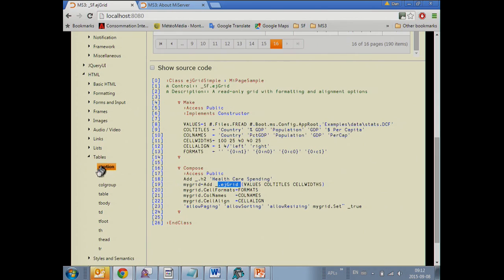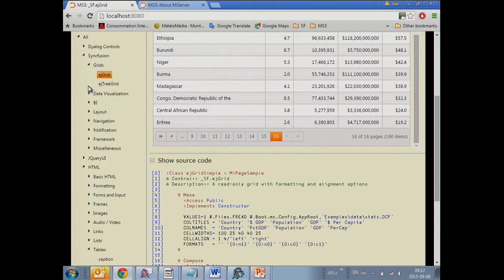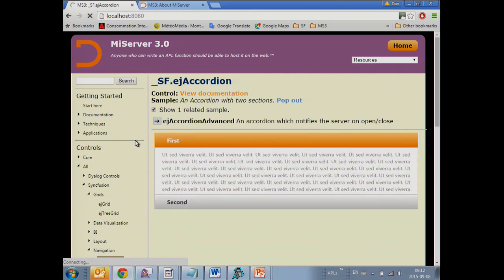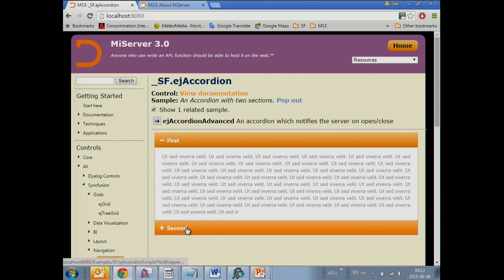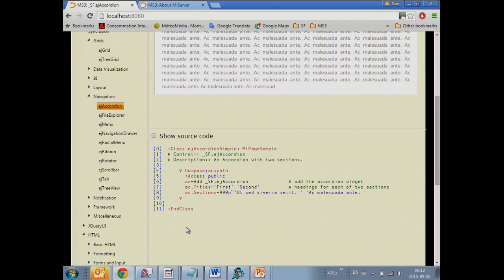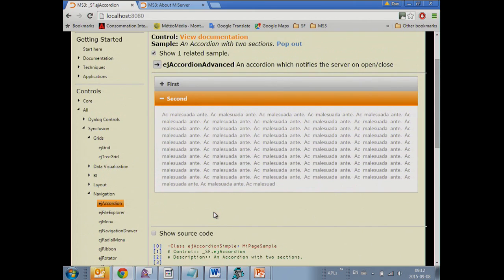If we go into navigation here, we have an accordion. And this one is simply an accordion. If you look at the code, it's very simple. You add the text, you add the accordion, and then you set the titles and the sections, and that's it. That's what the end result looks like. So it's fairly easy to use. We have another one which is,